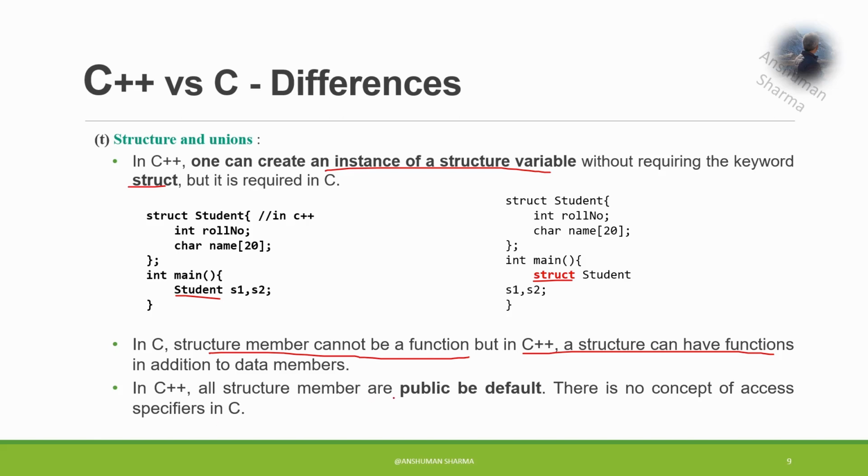Then all structure members are public by default. These are some of the key differences in the context of structures and unions. So this finishes up